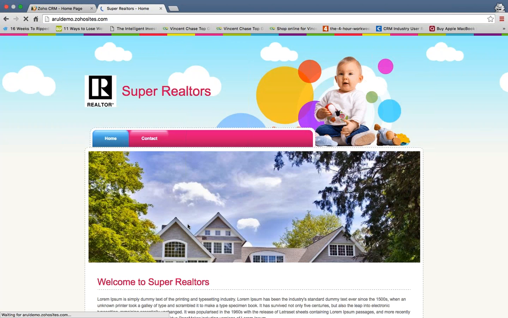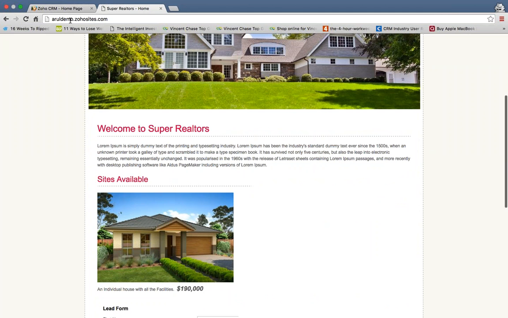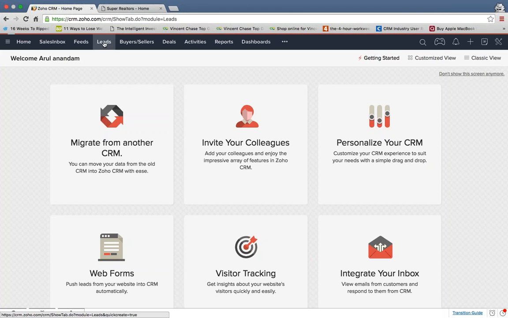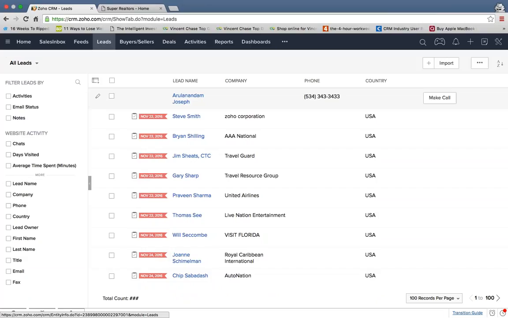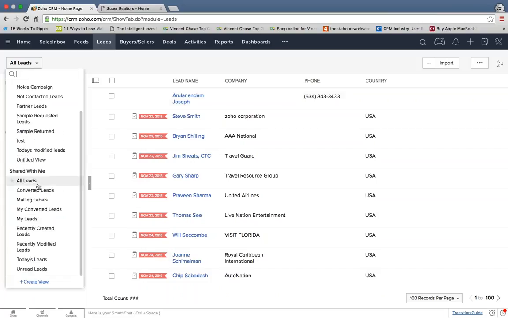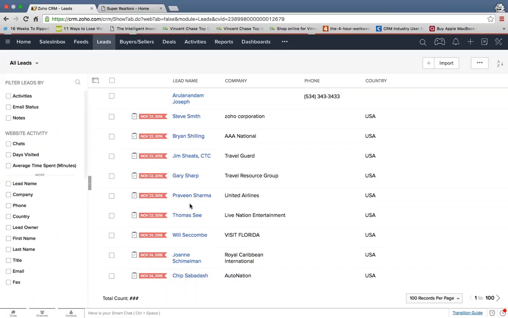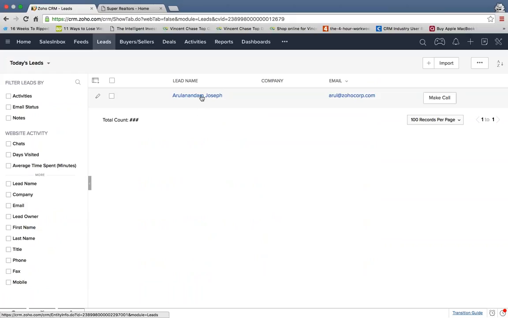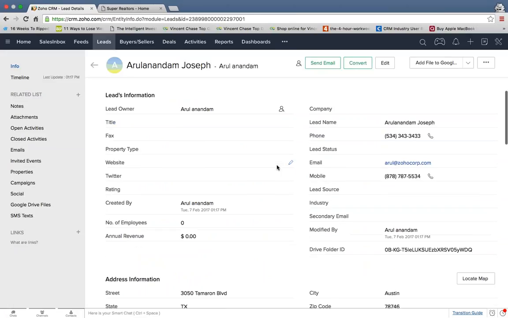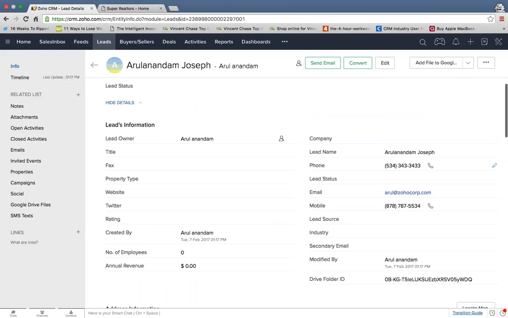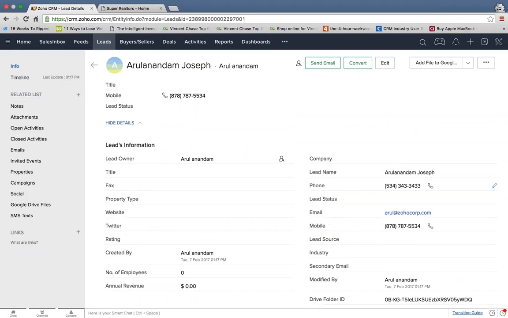So the lead has submitted the information. That will automatically create a new lead within Zoho CRM. So you can see, if you look at today's leads, which is a default view, you can see the one lead that was created. So all the information that was filled is automatically populated within Zoho CRM as a new